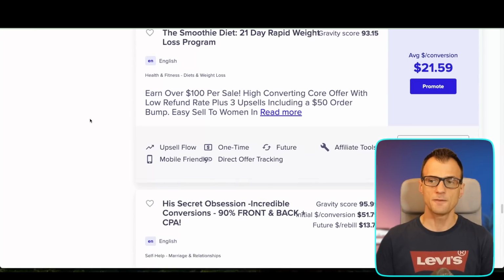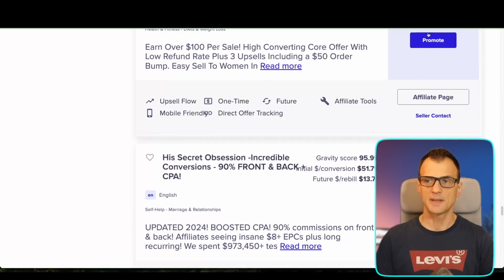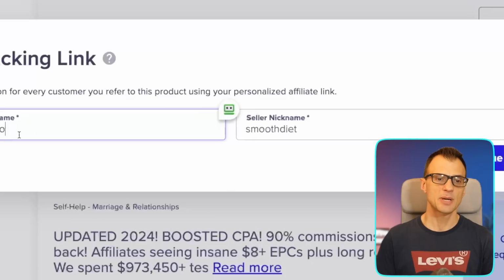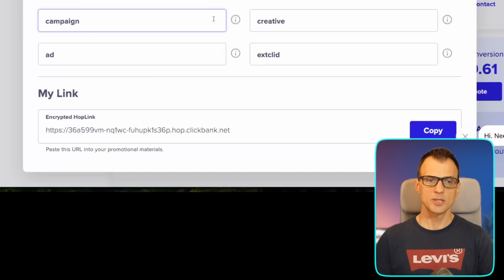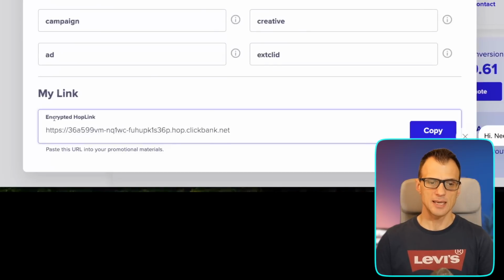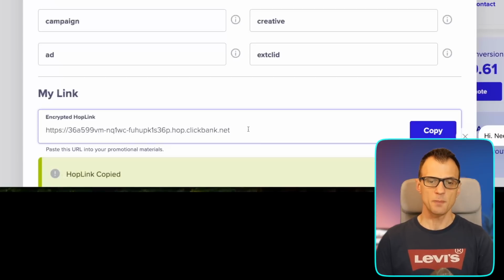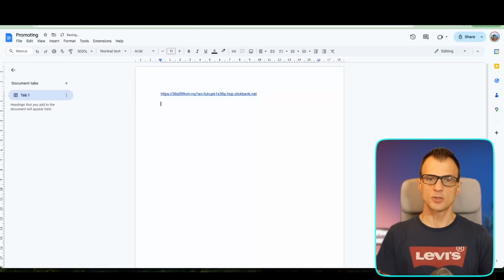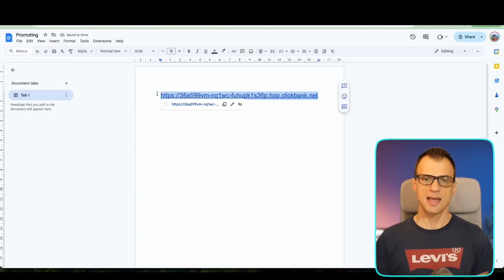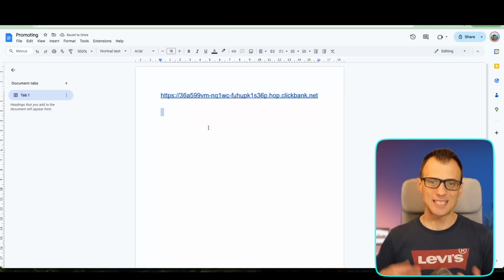Once you've selected the offer, it's a good idea to just grab your affiliate link. For that, you can click promote. I'm going to enter my affiliate nickname, and then let's click continue, and you're going to get your affiliate link. So you can see here encrypted hop link. Okay, so you can click the copy button to actually copy this into your clipboard, and let's just start taking notes. So this is going to be our affiliate link,